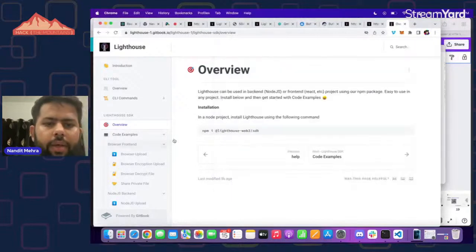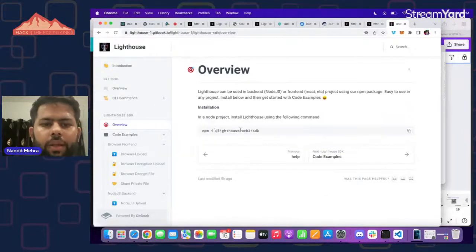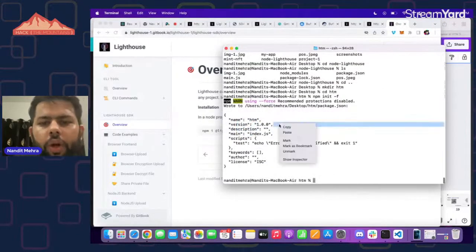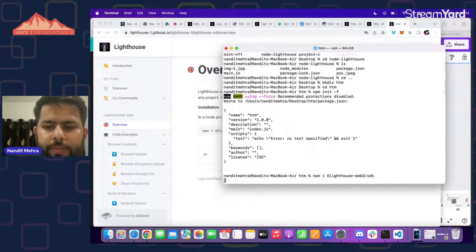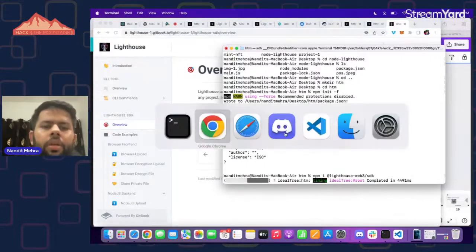And then what I can do is come back here and copy this line to run so that I can install the Lighthouse SDK. So it will take a couple of seconds or maybe 30 seconds max.